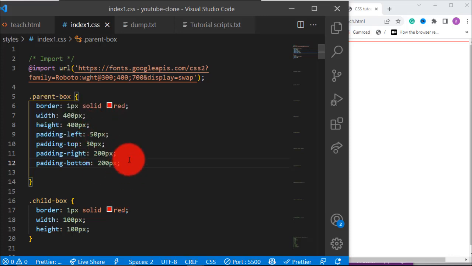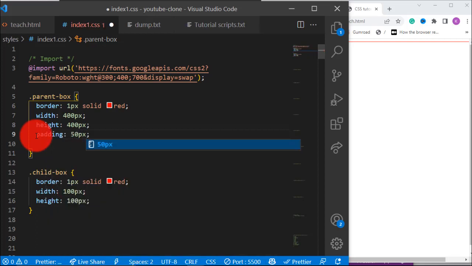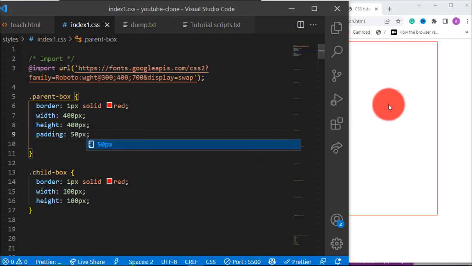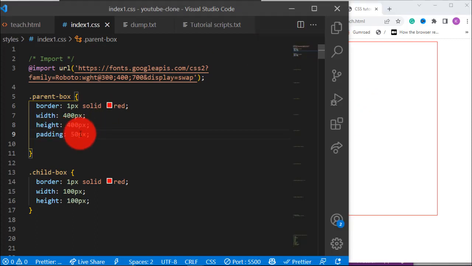And for you to now use the other one, there is something I should remind you. Let's say padding 50 pixel. You see that 50 pixel for all of the sides, right? But what if you want to write it like this and you want to give them different values? So you can just do top 50 pixel,